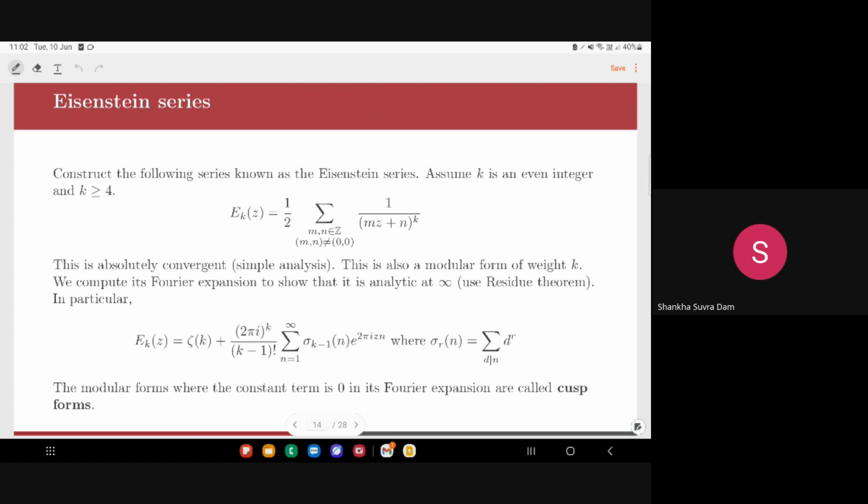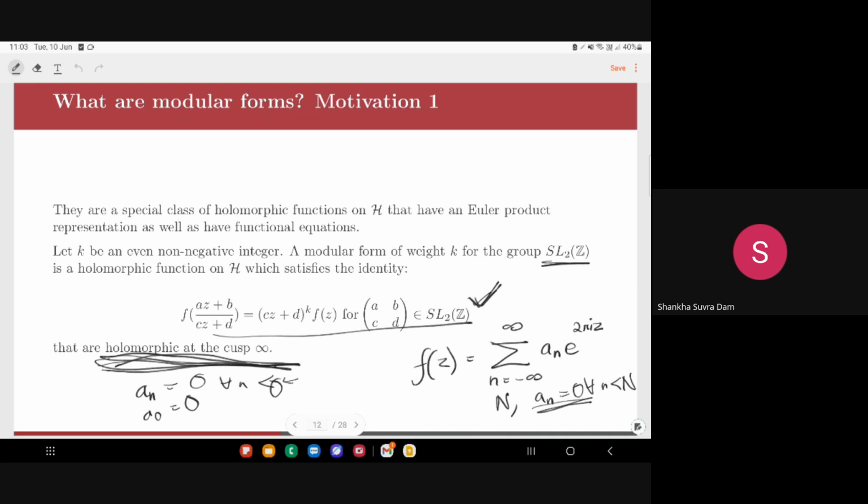So we need to see a concrete example of what would be a modular form. And so for that, we construct what is known as an Eisenstein series. Assume k is an even integer, where k is greater than or equal to 4. This condition is crucial because for k equal to 2, we don't have any non-trivial modular forms. That can be easily checked. And also for k equal to 0, that would just mean that